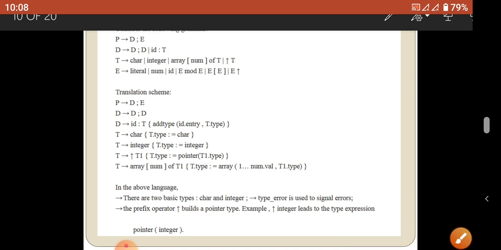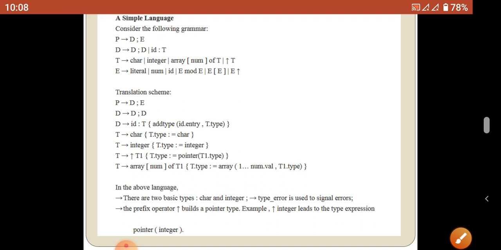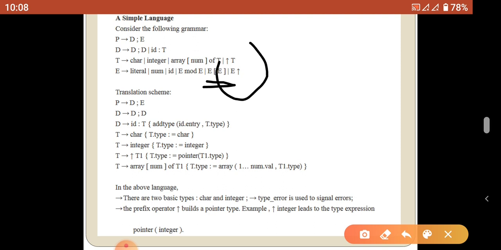And next, this is the array operator. The first E means the array name, the second E means the index or otherwise size, which should be an integer, and the last one is E and an arrow mark. Here the arrow mark indicates pointers in Pascal. So the pointer declaration looks like this. So once the CFG is given, we are going to write semantic rules for the verification of the data types. Here these are the semantic rules. The first rule is P tends to declaration, otherwise executable part.